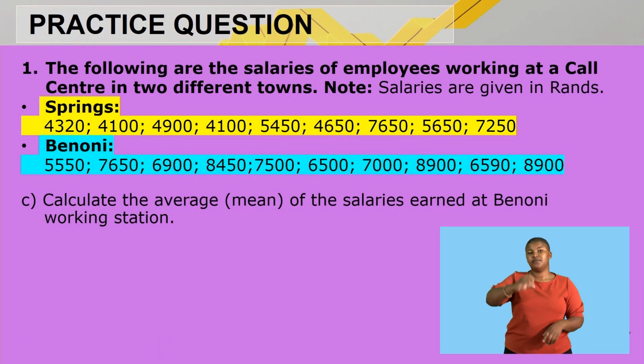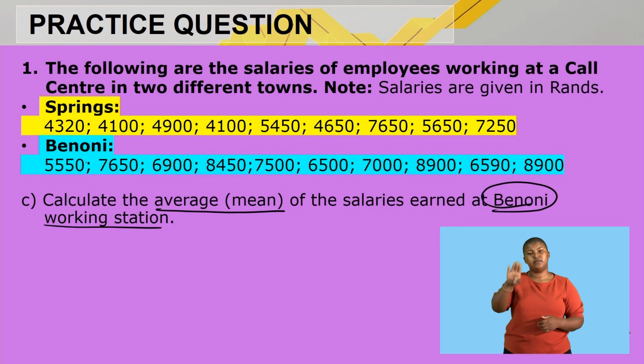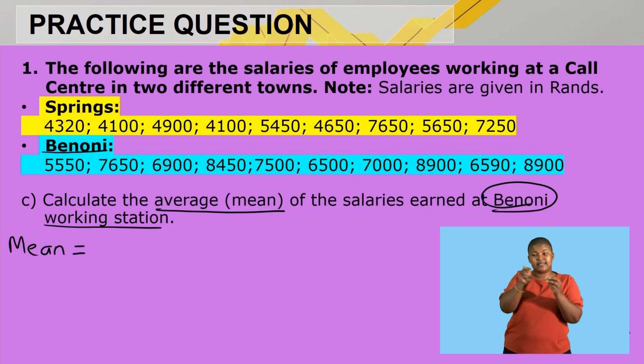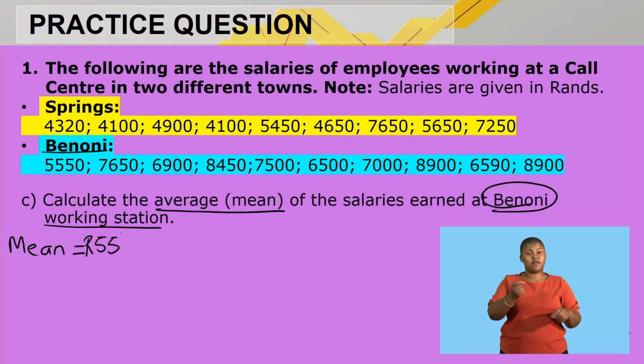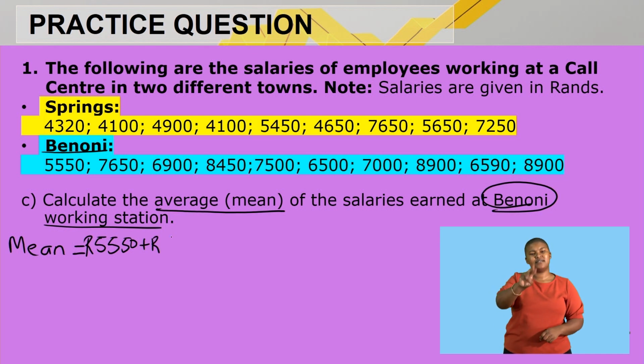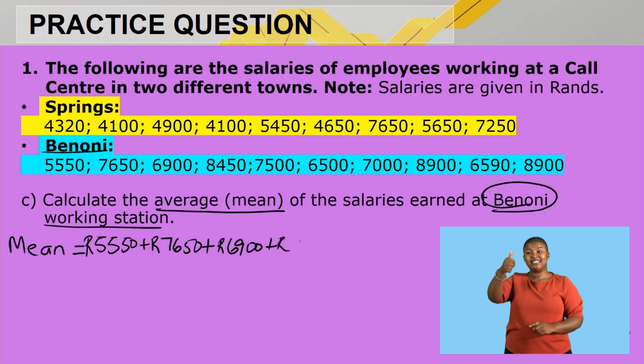Then number C, calculate the average, meaning you're calculating the mean of the salaries at Benoni working station. So now we are here at Benoni. When we calculate the mean, remember the procedure is that we add the sum of all values divided by the total. So adding the sum of these salaries, the first one we have 5,550. Remember, when we talk of the sum, we must add. So we have the second salary, 7,650, 6,900, then